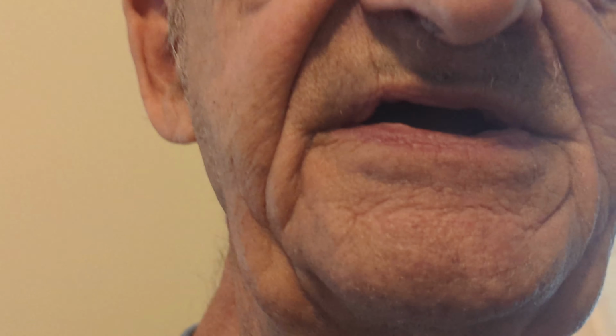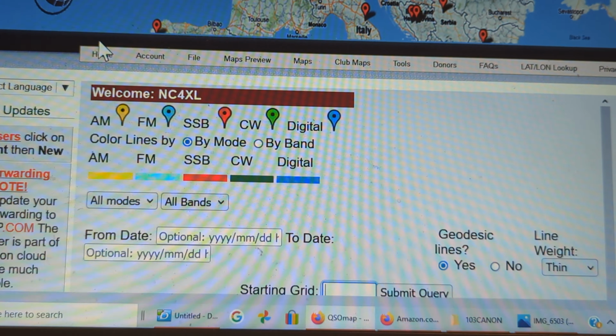That's my presentation. Let me reverse this. That's my presentation on using the N3FJP program to create some of the maps that I use. I use another program also, which is what we call GSO map, gsomap.org. Let me see if I can switch it over. Okay, I switched it over to